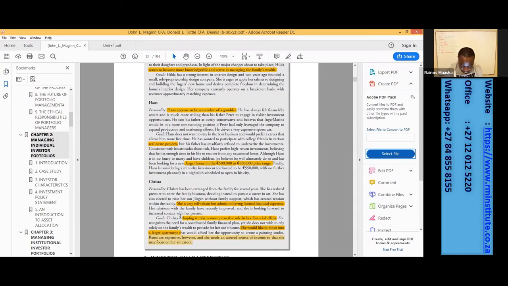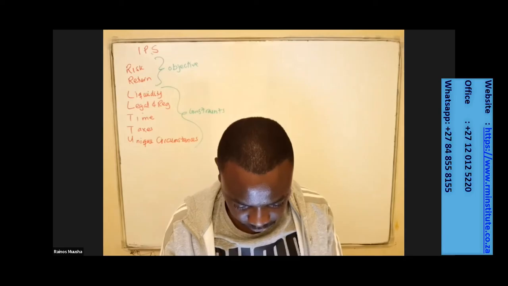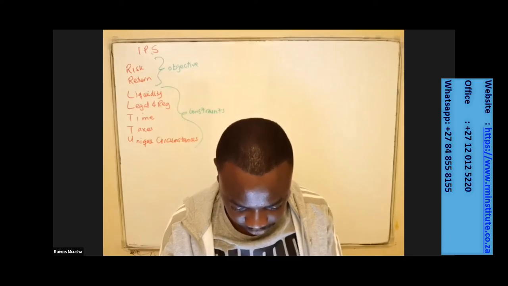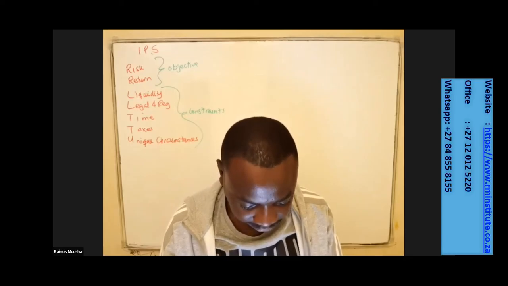So are we on the same page when it comes to the description of the personality types of these four members of the Inca family? Any questions? When it comes to personality typing,